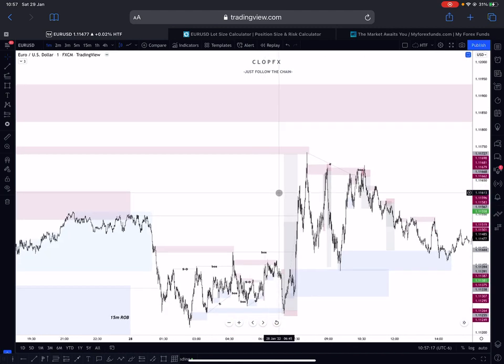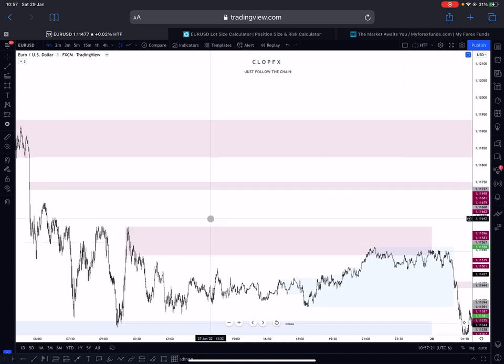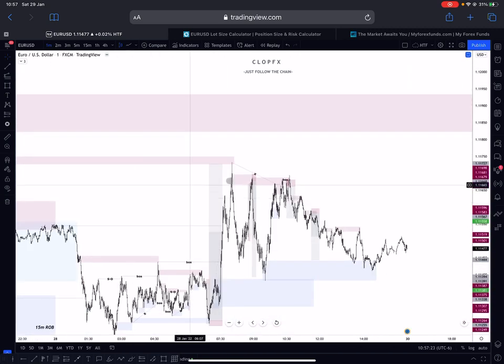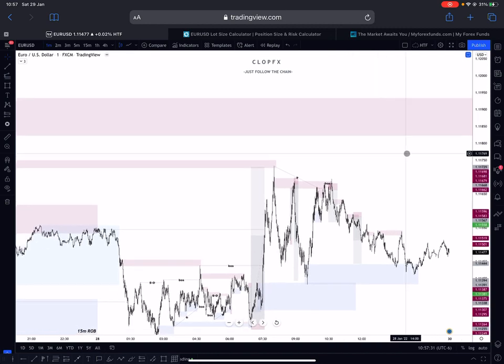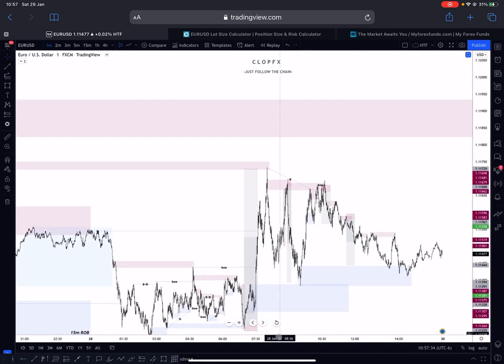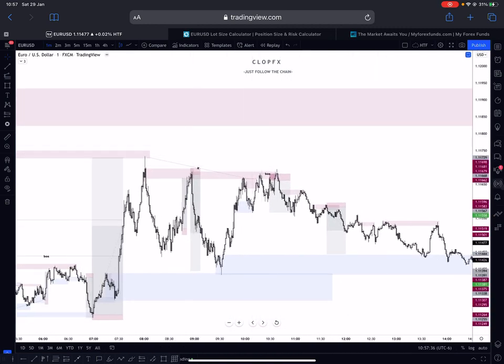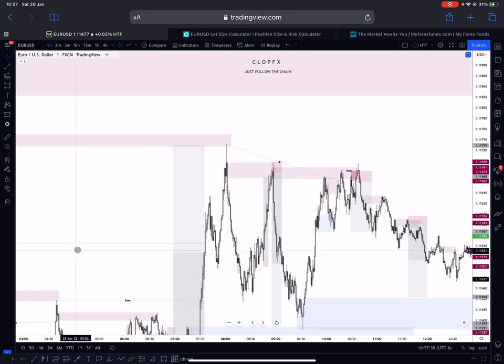It was like a 30 yard target. I was really happy about it. I mean, it can possibly be targeting a little bit above, but it can take time to correct and impulse again. So I said, okay, let's target this one. I didn't take this trade. The first pullback, I don't take it because I don't know exactly where it will pull back,